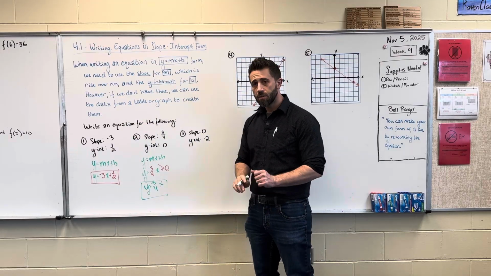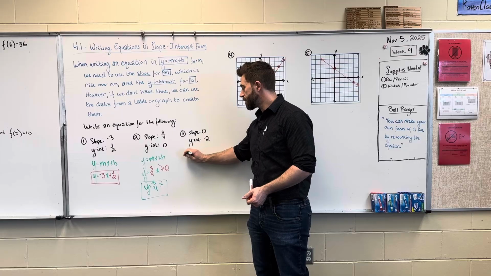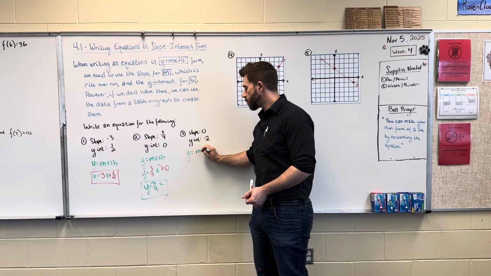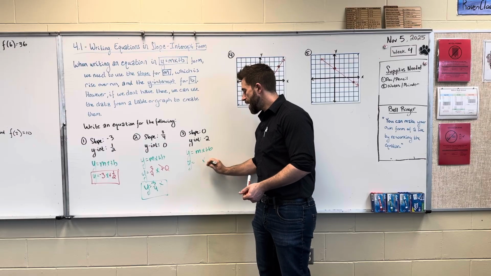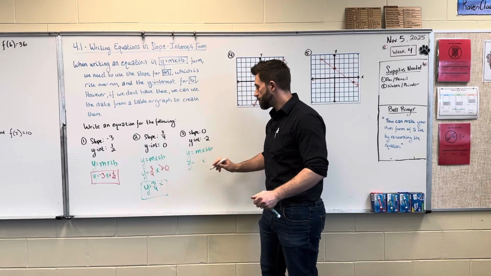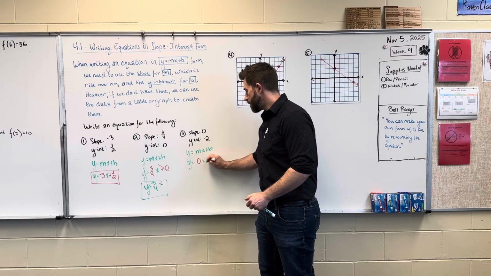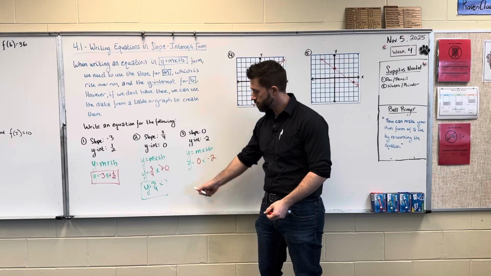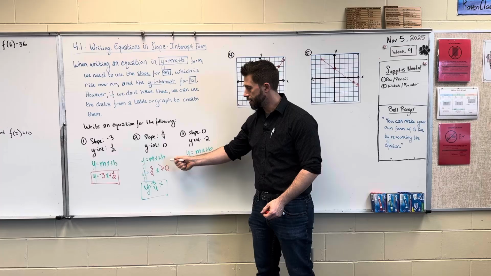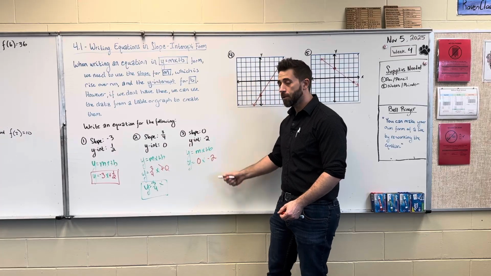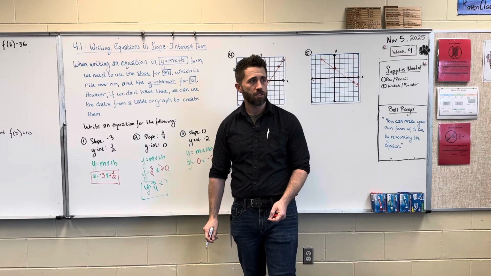Same thing with this one. If I see a 0, a lot of students freak out. There's no reason that we need to freak out. I'm going to use y equals mx plus b to solve this one. So I need to plug in an m and a b. In this case, my m is going to be the 0, and my b is going to be a -2. So notice how when it's a positive, I put plus. I could have put either. This one I'm going to put minus, because that plus b just means,